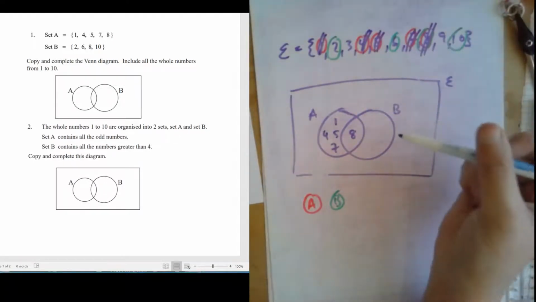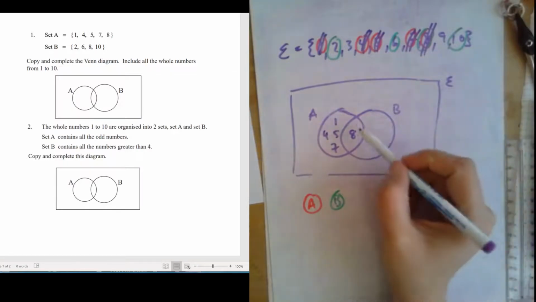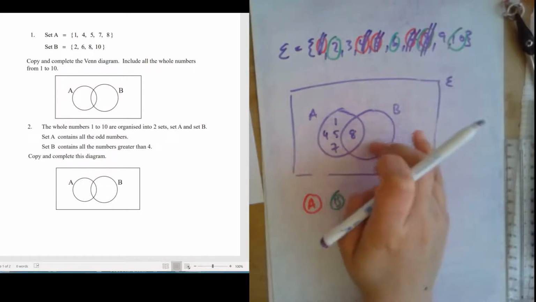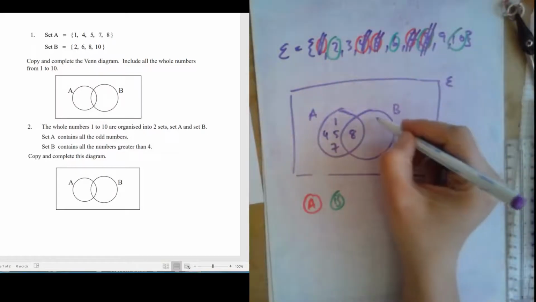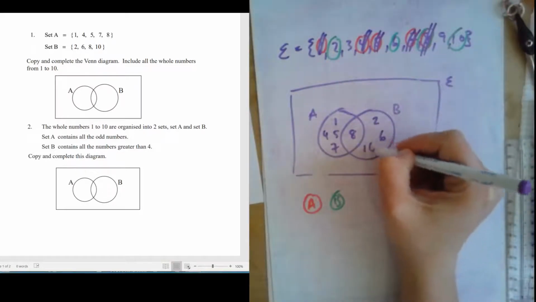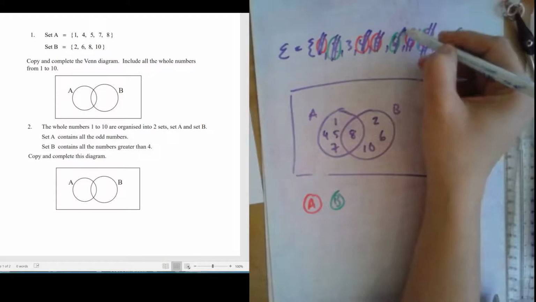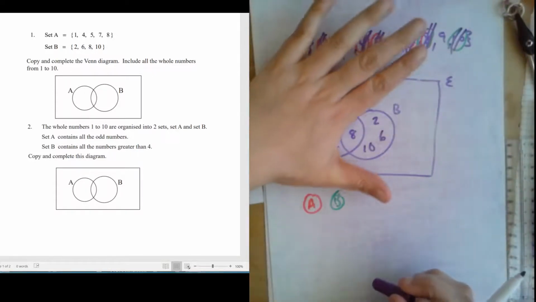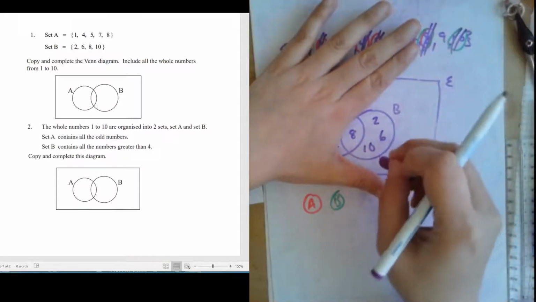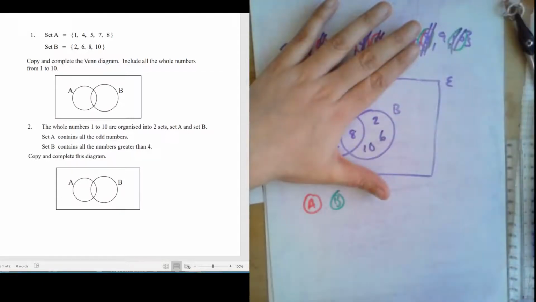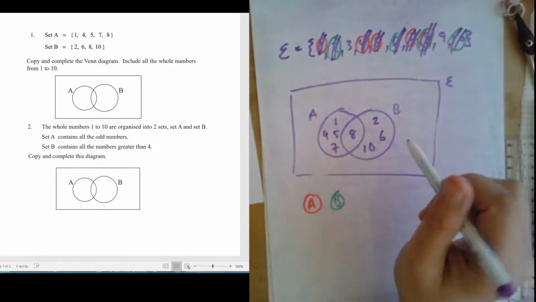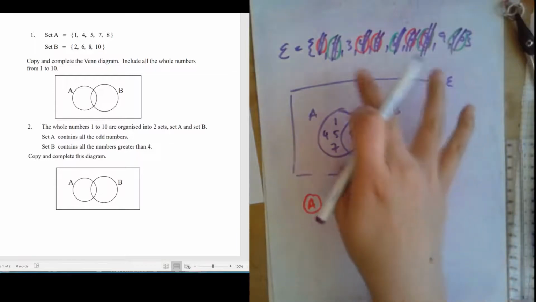And then you have set B, which is all your green. So I know the part that's shared with A is 8, but outside that, it should just be the rest of the green. So I've got 2, 6, and 10. If you do want to check those, you just need to highlight just B and double check that it matches up with 2, 6, 8, 10. Yes, it does, okay? So my A and my B is done, but I haven't stopped because I've still got